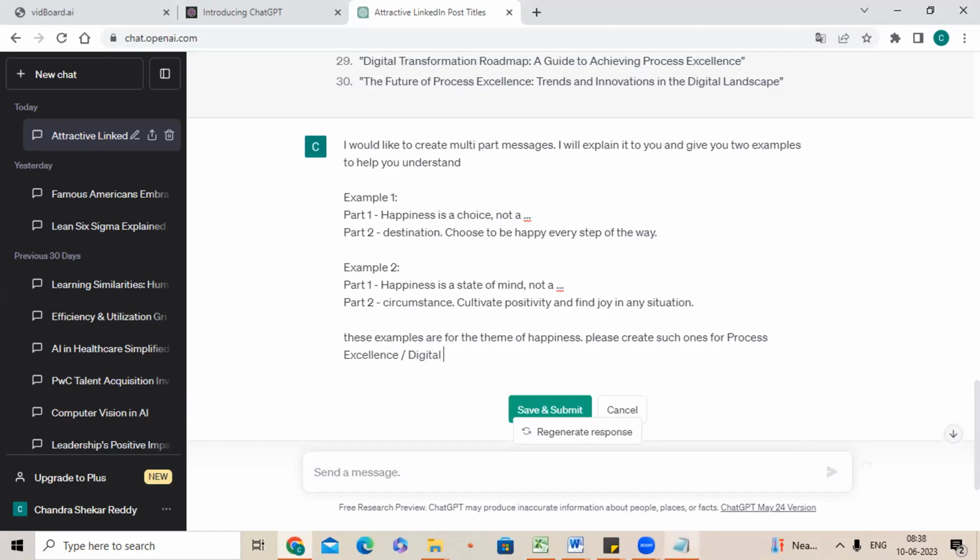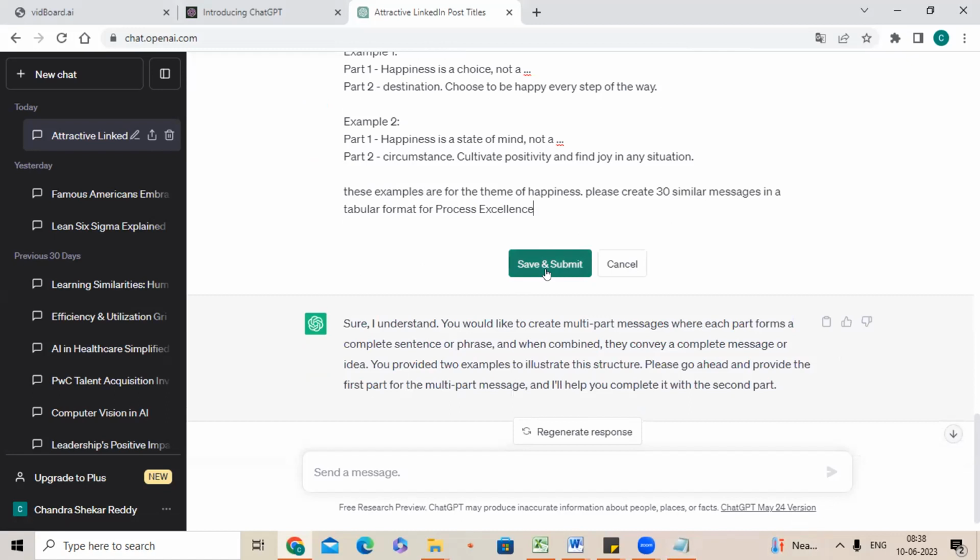Please create 30 similar messages in a tabular format. Now give only one, either process excellence or digital transformation. For process excellence. Okay. Save and submit.